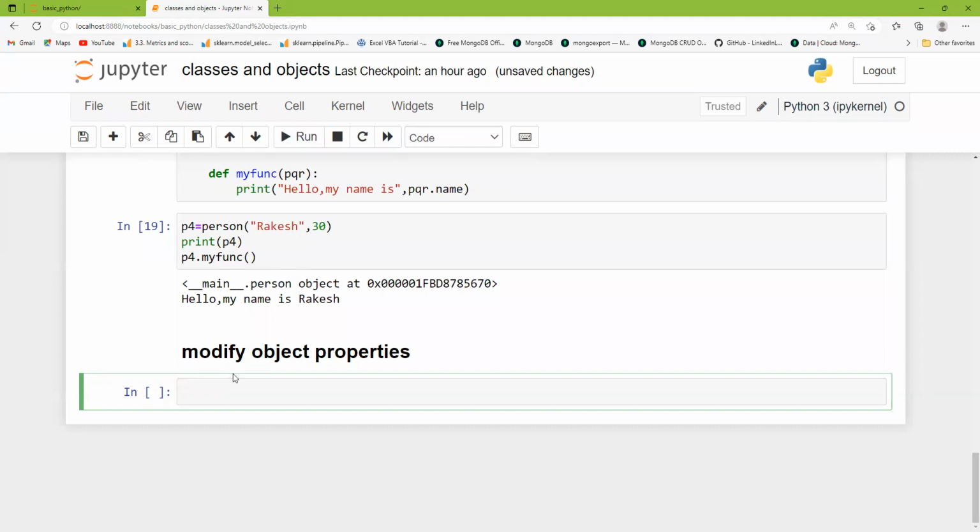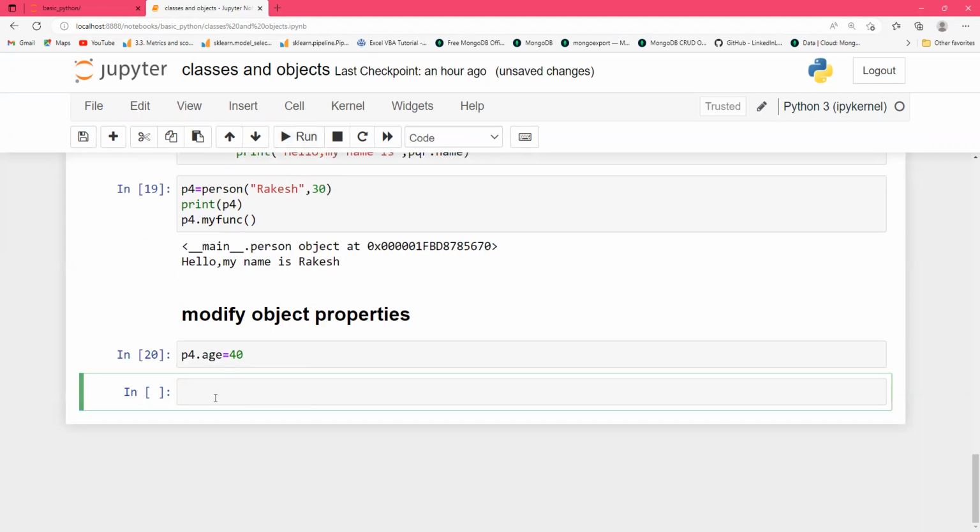Suppose I'm using this p4. So p4.age. Suppose I want to change the age, and I'm setting it now to 40. What is the age of the p4 object? That is a person, Rakesh, and his age is 30. But now I'm storing p4.age equal to 40. And if I run this, what will I get? And if I again use p4.my_function and run this, I will get